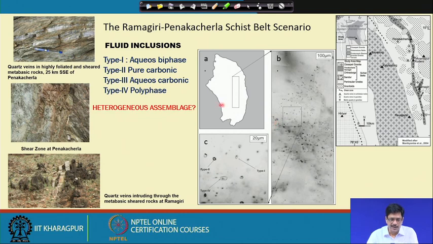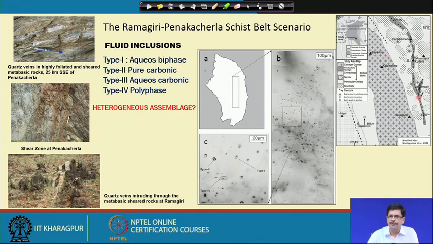And the fluid inclusions, when we examine, we also get the aqueous biphase. Here, if we look at this map, this is the Ramagiri schist belt, this trident shaped one, and this is Anandpur, this is Pennakucherla. They are all surrounded by younger, prolific granitic activity which is exposed as shown in this map. To the left of this is the major granite body, the Closepet granite, which is a prominent granite body in the Dharwar Craton, roughly marking the boundary between the western and eastern Dharwar Craton, but this particular granite body belongs to the eastern Dharwar Craton.